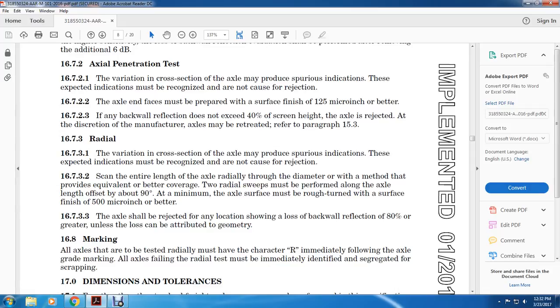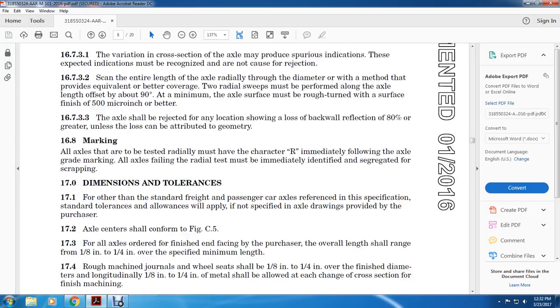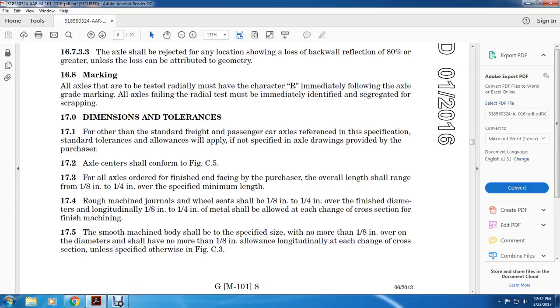Marking. All axles that are tested radial must have the character R immediately following the axle grade marking. All axles that fail the radial test must be immediately identified and segregated for scrapping. 17. Dimensions and tolerances. 17.1 For other standard passenger car axles, the reference specification standard tolerance allowing the